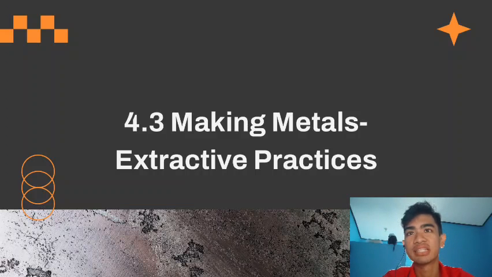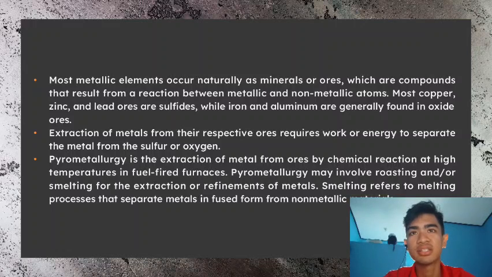4.3 Making metal extractive practices. Most metallic elements occur naturally as minerals or ores, which are compounds that result from a reaction between metallic and non-metallic atoms. Most copper, zinc, and lead ores are sulfides, while iron and aluminum are generally found in oxide ores. Minerals are frequently brightly colored,